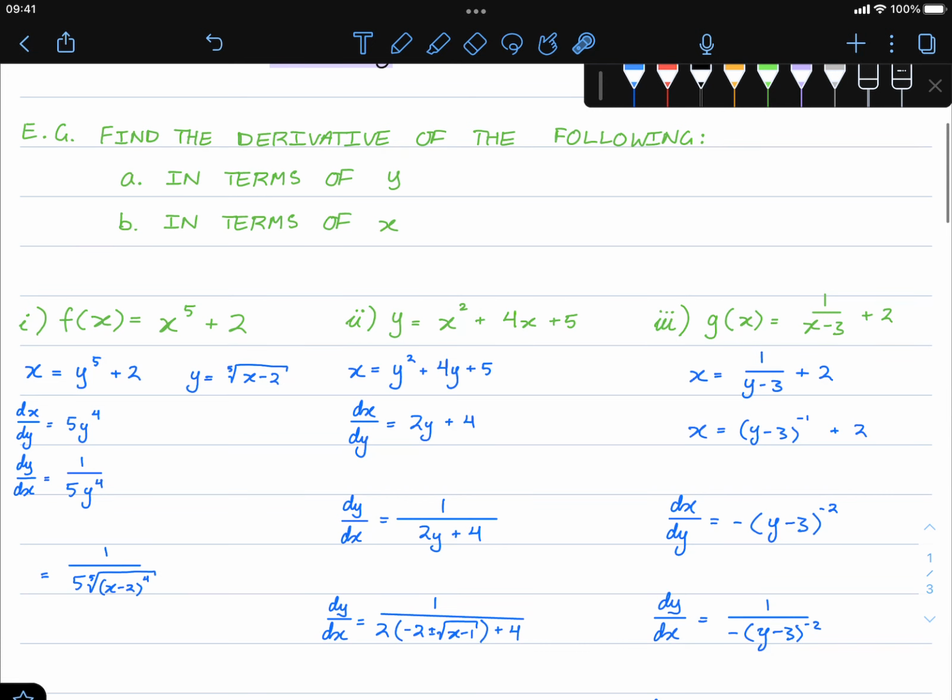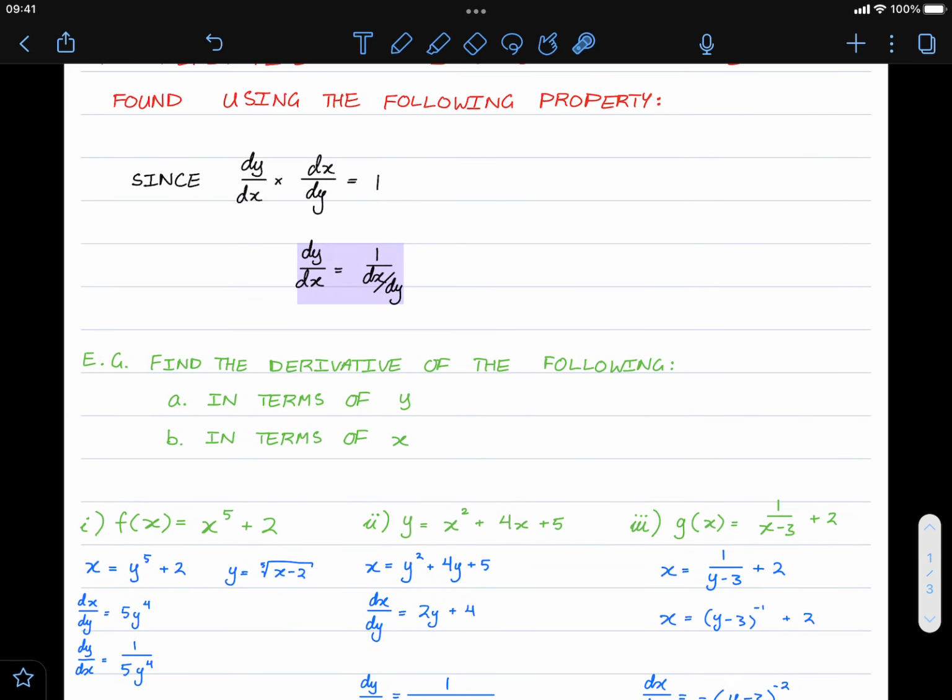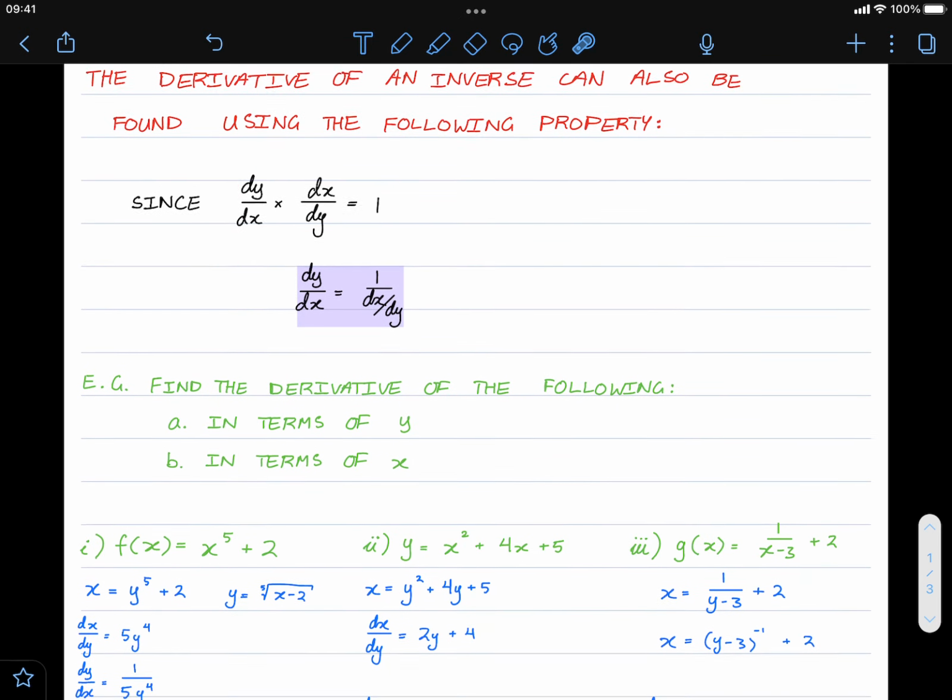Okay, so I hope that gave you an insight into utilizing the properties of inverse functions to find the